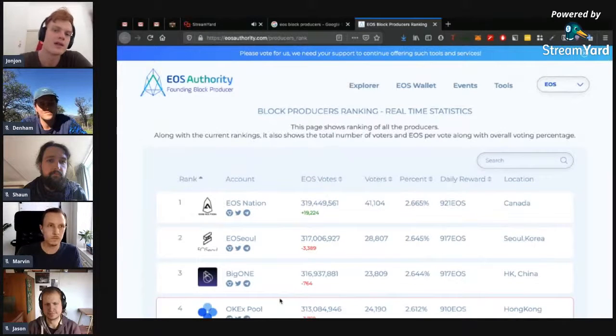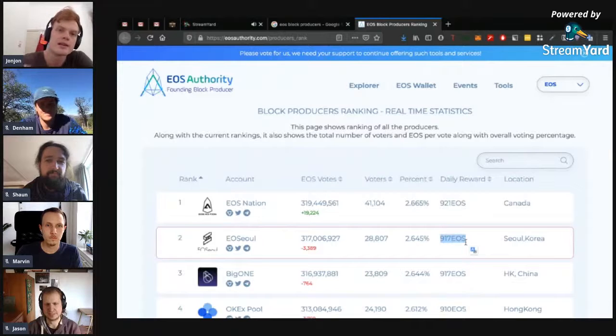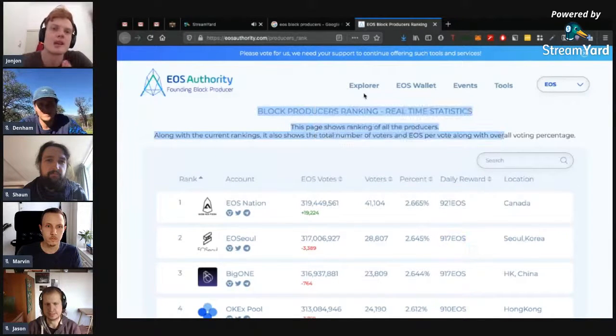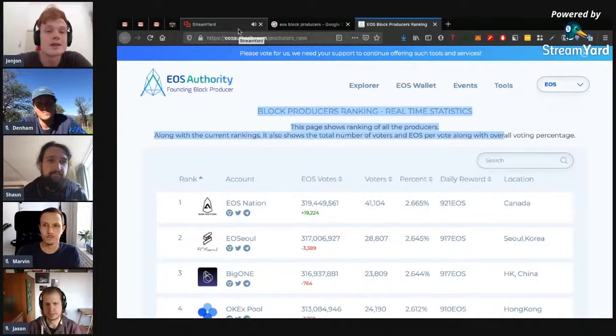So the whole idea is, if you vote for us, we're going to receive rewards, and we'll maintain the integrity of the network, and we'll build cool tools like this website, a block explorer for the community, and we'll fight against corruption, blah, blah, blah. So a lot of them have, it's almost a bit like politics, to be honest.